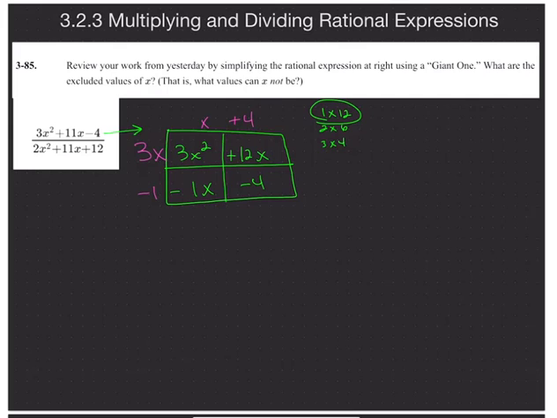I think it makes it a little easier because then you can really see your factors. And then I just always double check. 4 times negative 1, negative 4. Yep, so I should be good to go. So I know that my numerator, my part on the top, is going to factor into x plus 4 over,